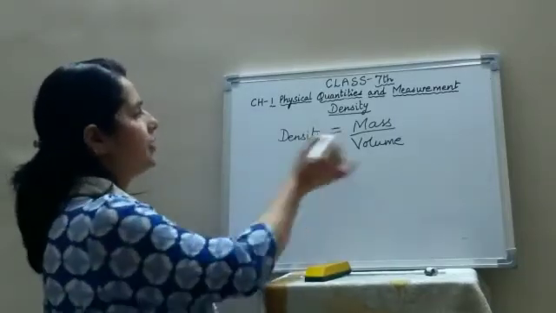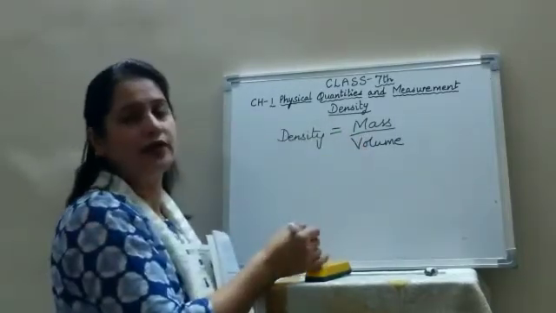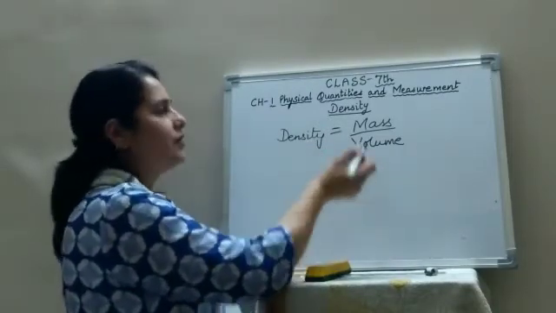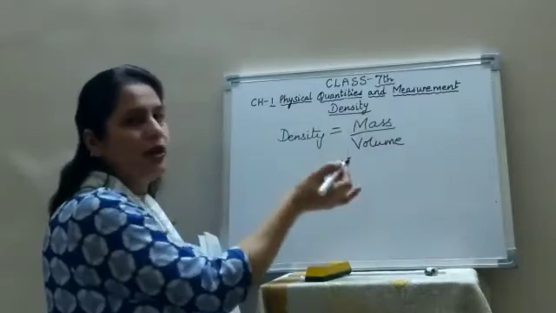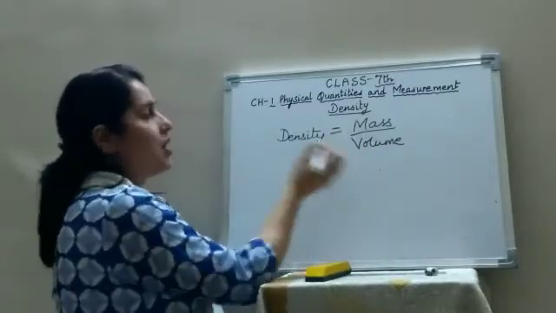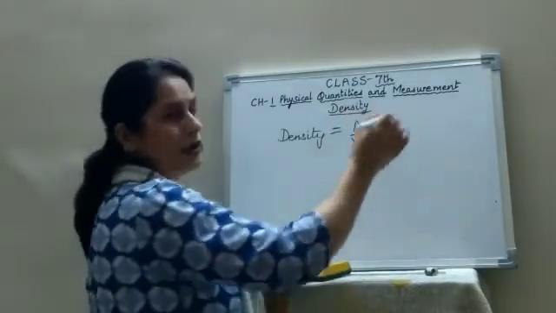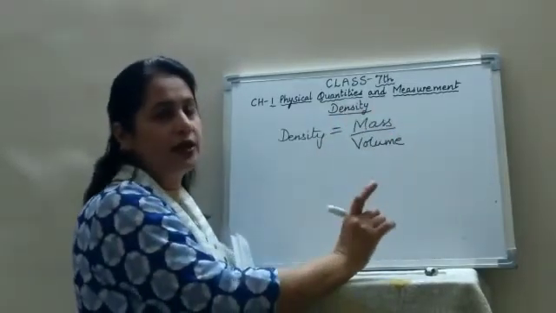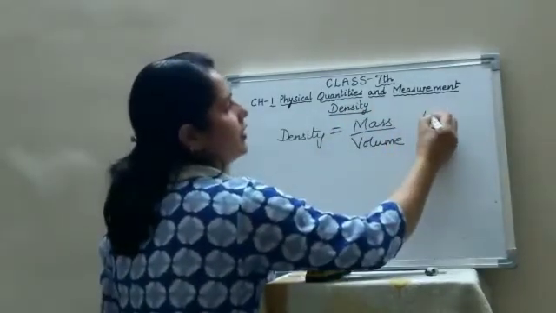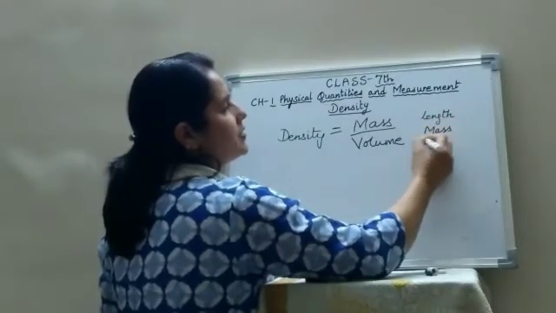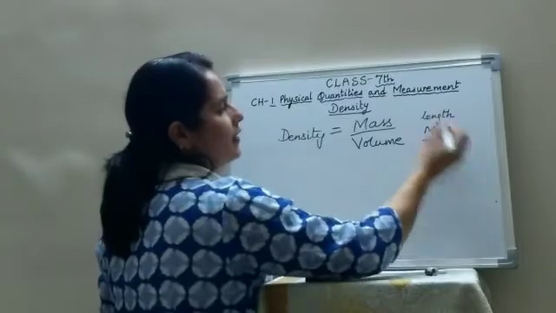Now, how will you find the SI unit of density? For getting the SI units, you derive the units by using the formula. You can do it easily, because fundamental quantity, you know the standard units of fundamental quantities? Children, there are 3 basic fundamental quantities: length, mass and time.